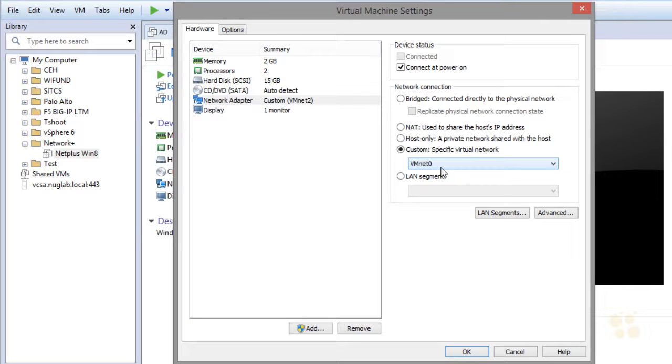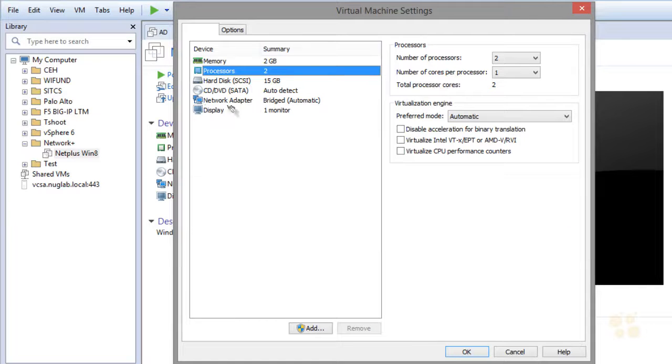And if the goal for you and I is to bridge this virtual machine's network card to our physical machine's network interface card, another way of doing that exact same logic is by clicking on the bridged option here, which says connect directly to the physical network. And then I usually replicate the physical network connection state to the virtual machine. And one little interesting thing, see how we made that change here, but over here it still shows VMnet 2. If we clicked on something else, for example, let's click on processors, that refreshes the screen,